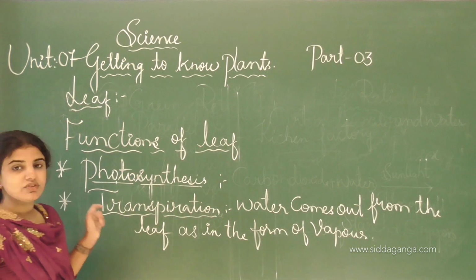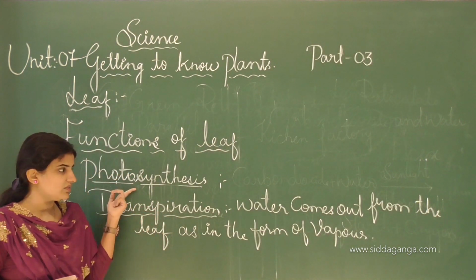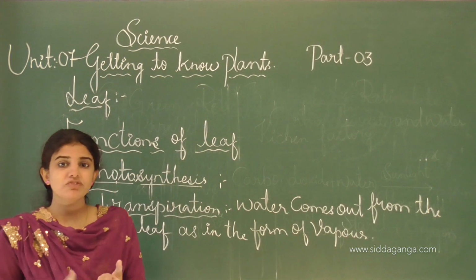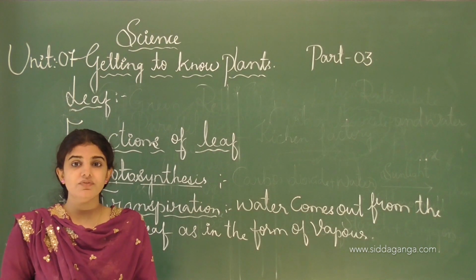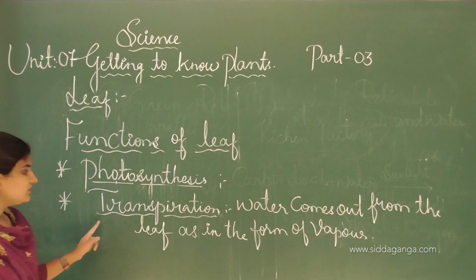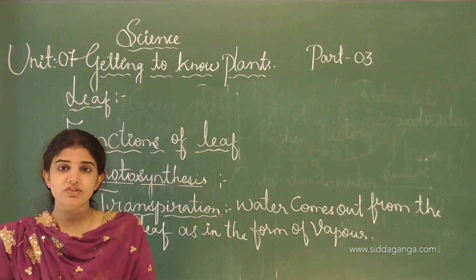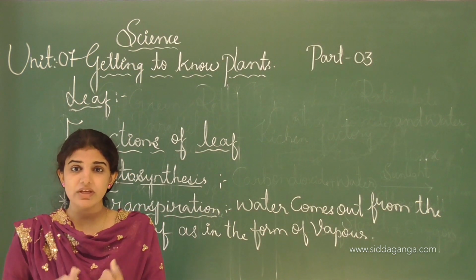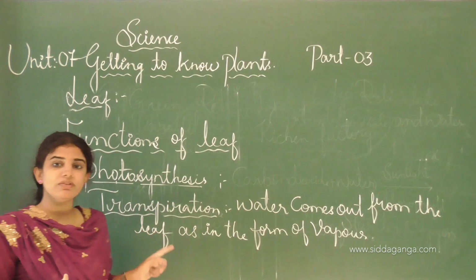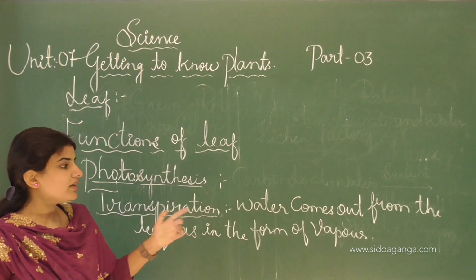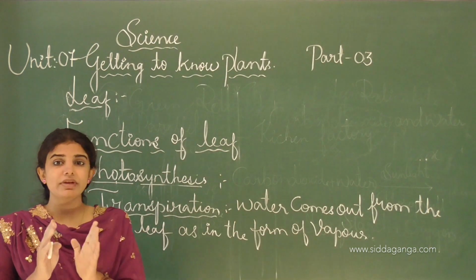In the first function, photosynthesis is the plant food preparing process, where by using the simple substance, plants will prepare the food and thereby it will release the oxygen which is useful and beneficial for all living organisms. And the next one is the transpiration. Like in the summer days and in hot condition we are sweating, is it not? This sweating helps us to keep our body cool. In the same manner, transpiration process takes place in the plant, where water comes out from the leaf in the form of a vapor, so that the plants will become cool.